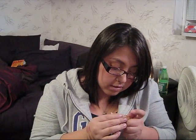And then the last thing is this Clinique All About Eye Serum. This is a deep puffing eye massage. And it's got a little roller... I just lost the cap. It's got a little roller ball on the...